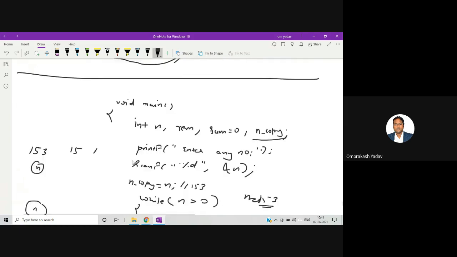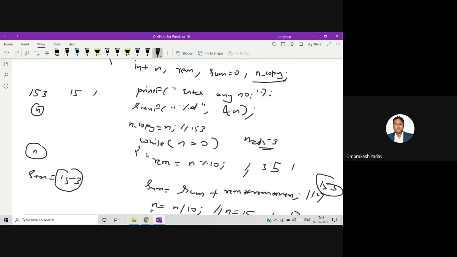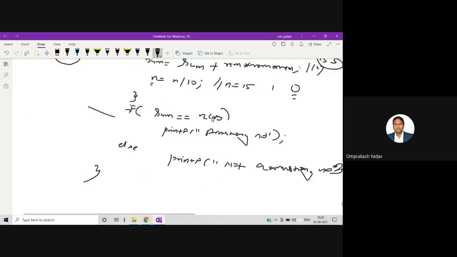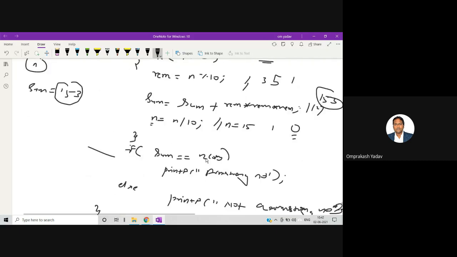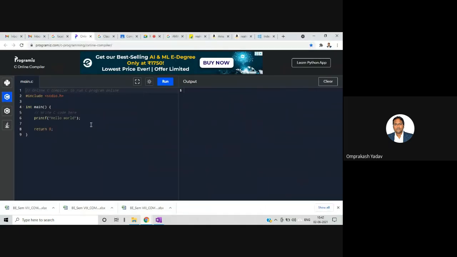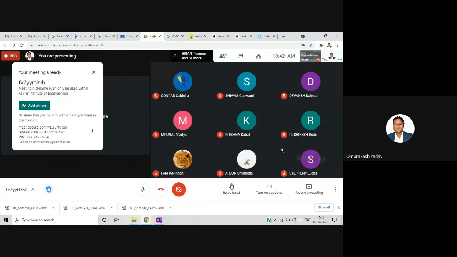Now if you all are doing it at the same time, you can just check the output. Otherwise, if you want me to write in the online compiler, I can write, execute and let you know. I mean, you can see the demo right over here. So what do you want, whether I should write in this compiler, or whether all of you have understood and will be able to do it on your own?